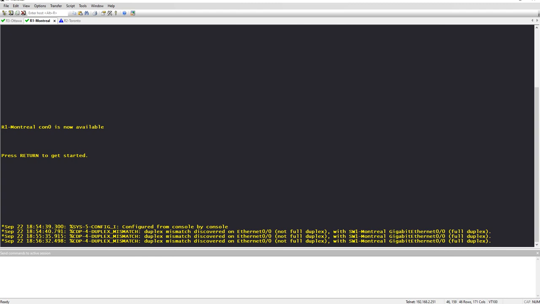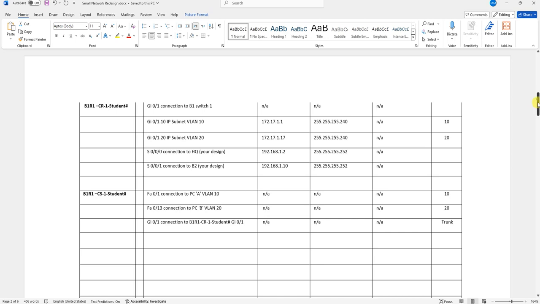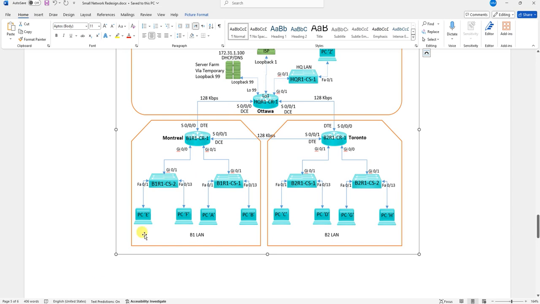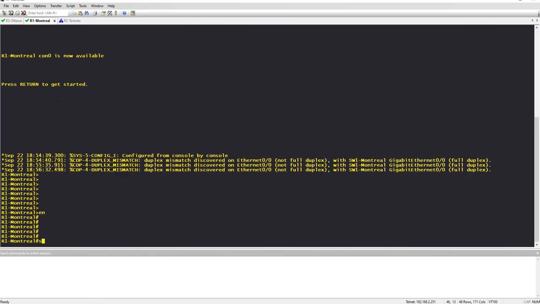So what I'm gonna do here, let me go to the topology again. I have to configure the DHCP relay agent on these interfaces and point them to this new subnet or the DHCP server. So how I'm gonna do that, I will go to each sub interface. So in Montreal,